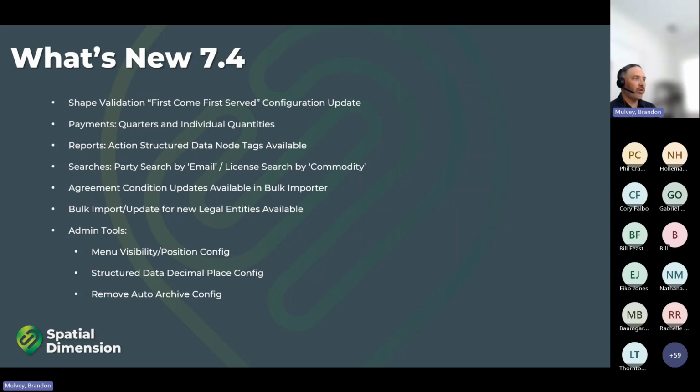7.4 introduced additional improvements to the searches. So a user can search by a party email, and they can also search by commodity as well. So that extends some capabilities and search capabilities from 7.3. And